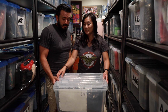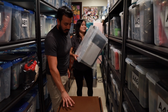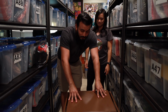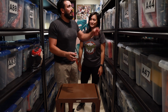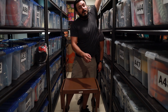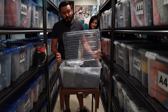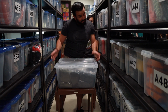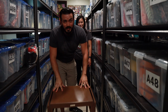Yeah. And then, do you want to show off your cute little desk? I love my little table. So originally this was different. This was my Rollo table in the past, but this guy rolls around. We ship often, well, daily, but the beauty of this is when I have to get a bin from up top, I don't have to put it on the ground to look through it. It saves my back. I'm not old, but I feel old. But it's a lot easier to roll this guy down